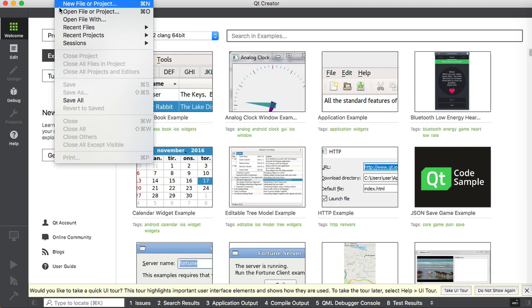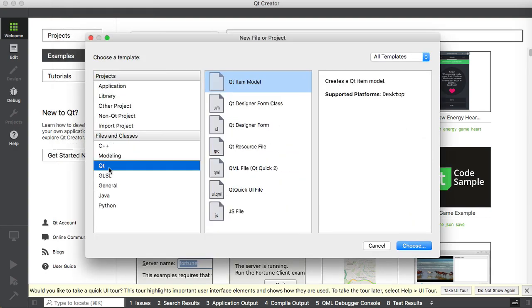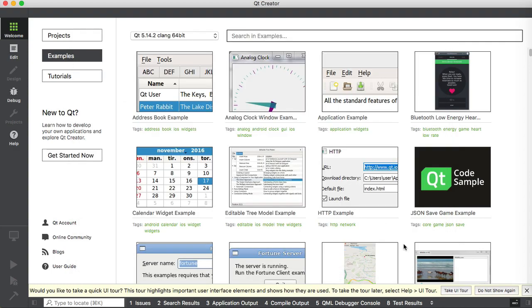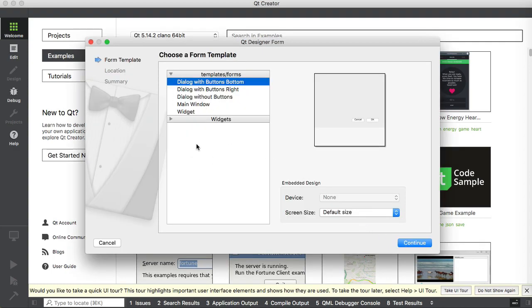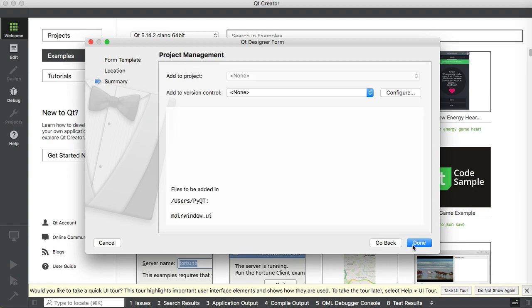click on the new file or project. Go to the files and classes section and select the Qt option there, and after that select Qt Designer Form. Then select a template form which you want and insert the file name, which will be the file name of the UI, and click on the done button.